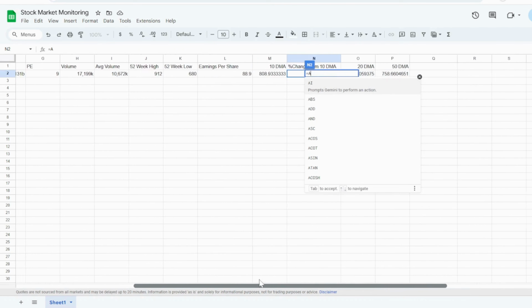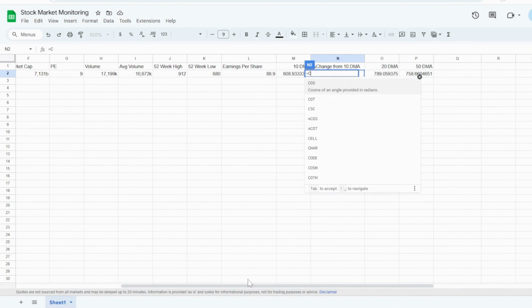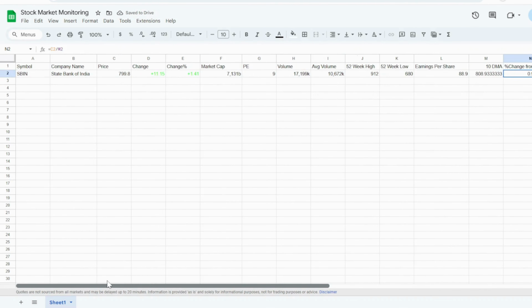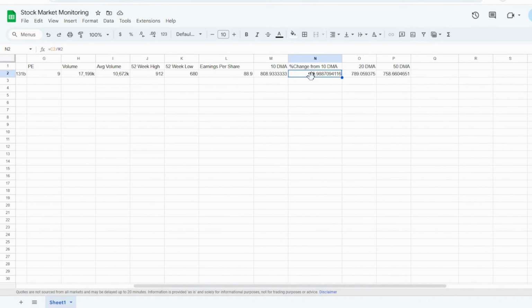C2 is the current price, so I'll say C2 divided by this, the price. So our price is 799, which is less. Now this is in percentage, 0.98 percentage,